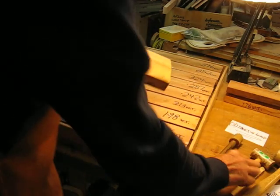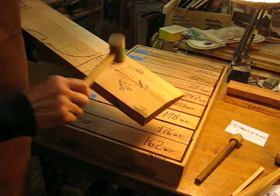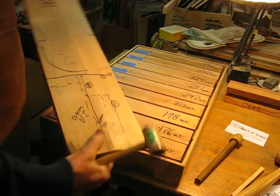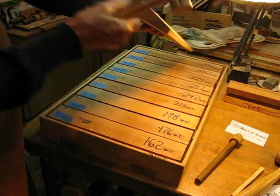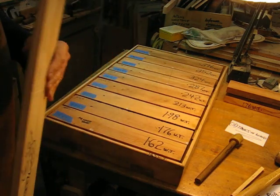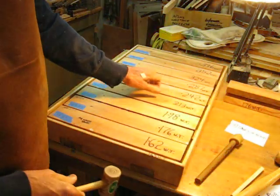And so when you listen to it, it's got a solid wood tone, very little noise component to it. And we'll saw that in half, and that'll make our top plate. So this is what we're looking for. And the same thing applies to maple, except for it would be a 242